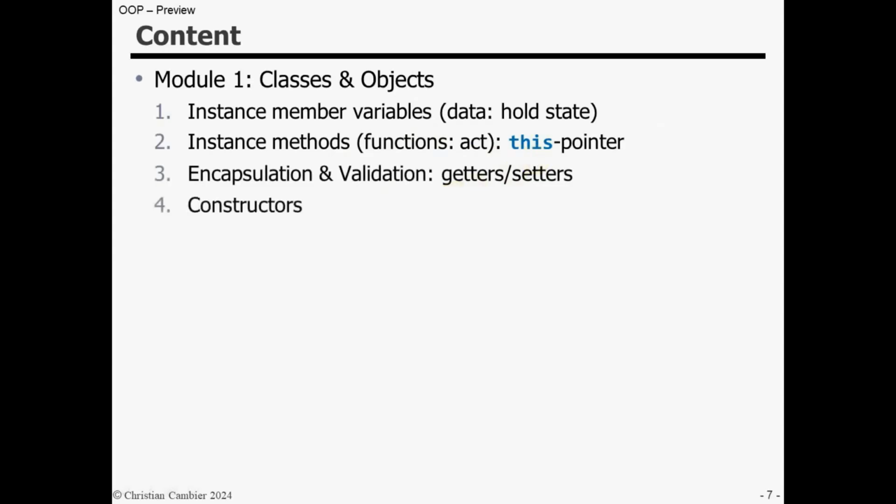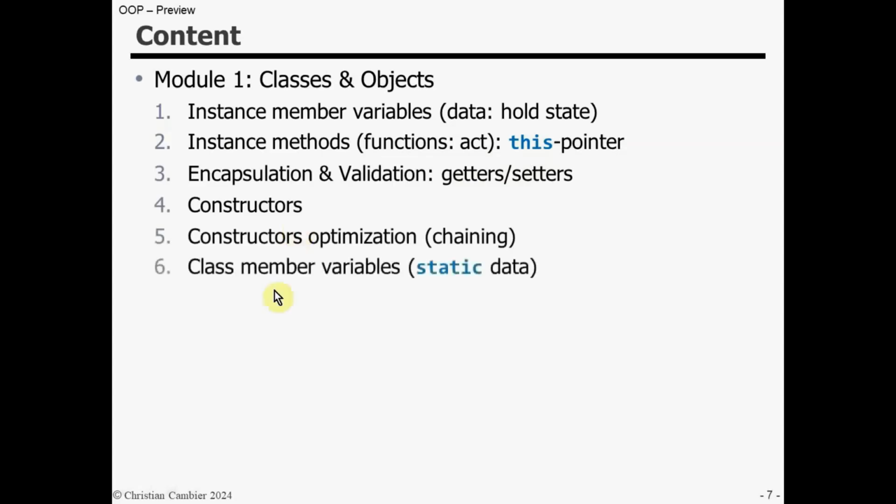How are objects initialized? That's what I'll demonstrate in chapter 4 about constructors. In chapter 5, I'll chain constructors with this to optimize constructor implementations. Chapter 6: class member variables, so the static data, and the class member functions, class member methods, or the static